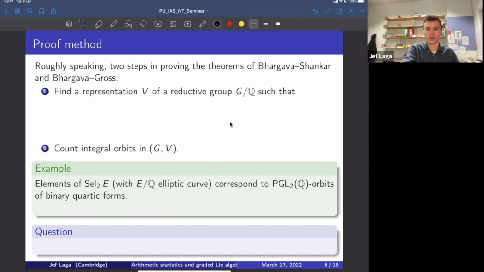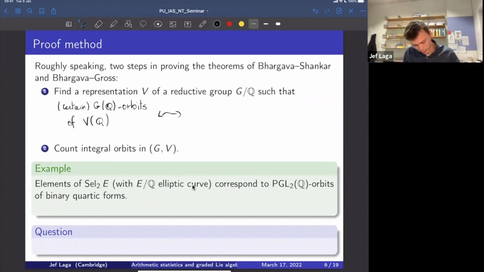The first step is an orbit parameterization. What you do is find a representation V of some reductive group over the rationals, such that certain rational orbits, so G(Q)-orbits of V(Q)